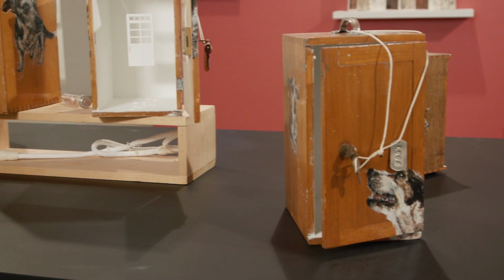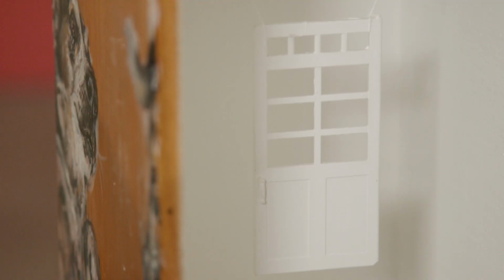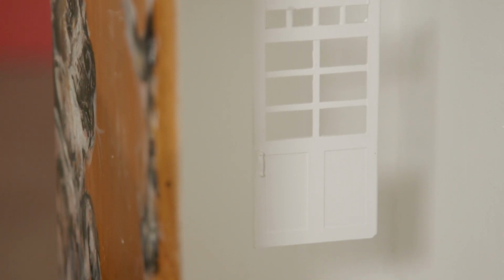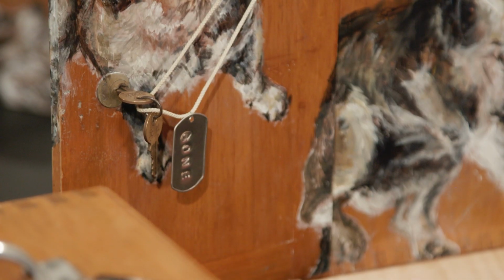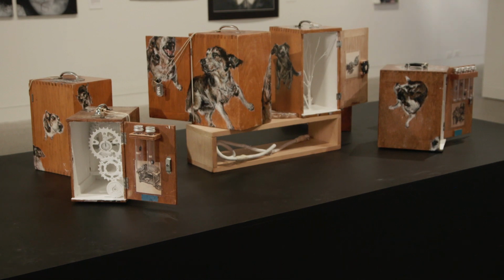So my favorite box is the box with the white door hanging mid-air, and then there's also small white paw prints on the bottom of the box. The reason why I really like this box is because it has a very positive outlook on the overall concept, even though it seems very negative at first, suggesting how there's a new beginning, there's imprints that are there, memories that are held, and it's just a very happy, positive outlook,